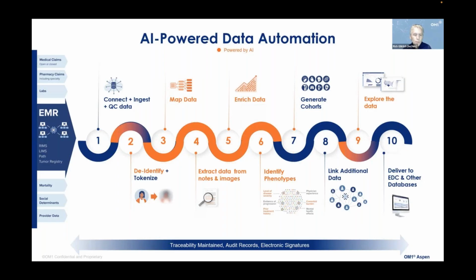So starting from the left, we bring in data initially from the electronic medical record, and we connect and ingest that. Of course, data is quality controlled and brought through. One of the steps we can then take is to tokenize the data. That means allowing the data to have a token generated that can allow it to be connected to other passive data sources like medical claims, pharmacy claims, third-party laboratory data in the future. Not always required, but a nice to have. We could also choose to de-identify the data for certain types of studies.